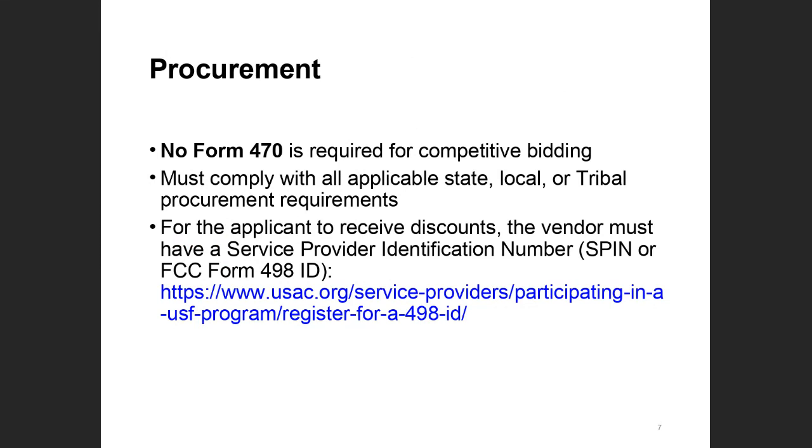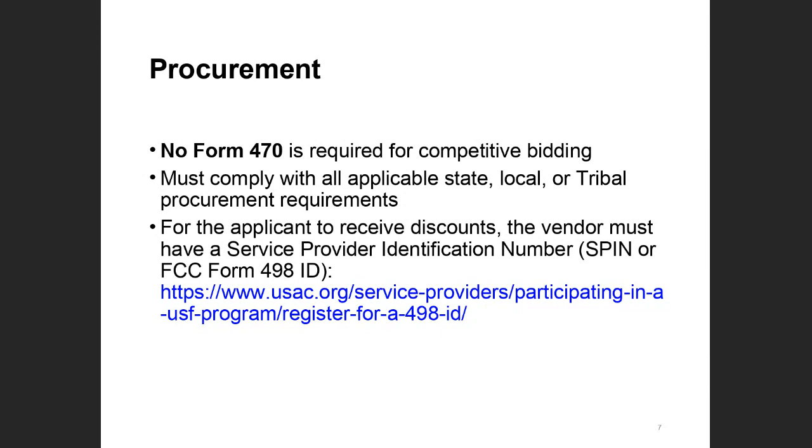Now, here's another big difference from E-rate. For those of you who have requested E-rate discounts in the past, you know that generally you have to go through a competitive bidding process by filing a Form 470, where you say, hey providers, here are the eligible services that my library needs for the coming year. The ECF does not require a formal bidding document. It's not filing a Form 470. You just have to follow state, local, or tribal procurement requirements. So if you have a local purchase policy, you can follow that.